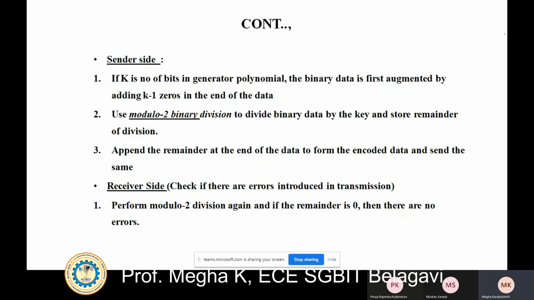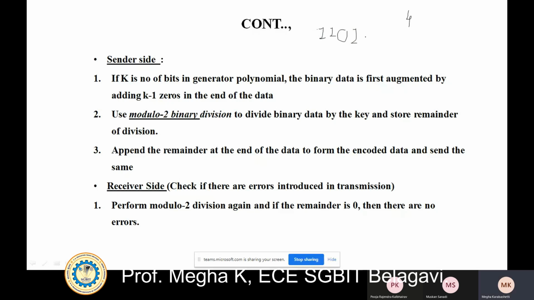For example, say the data is 1101, and I have a generator polynomial with 4 bits. So the k value is 4.